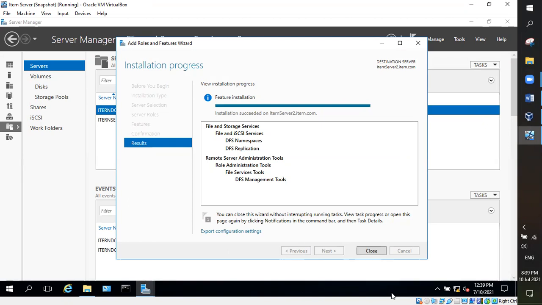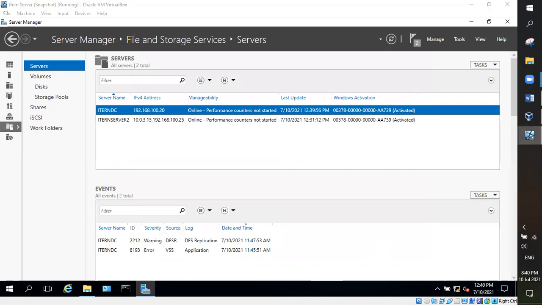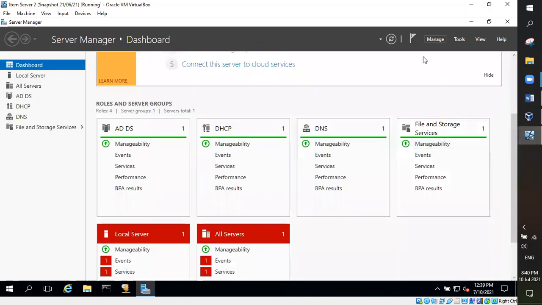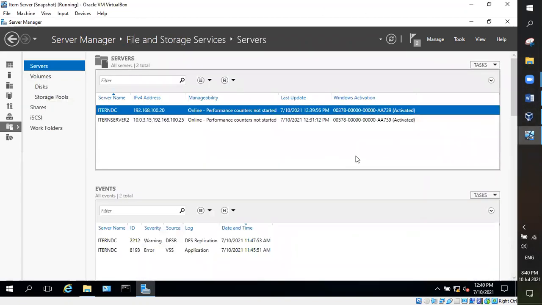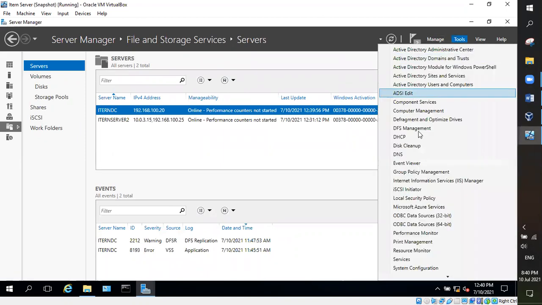So now that we have configured DFS on the two servers, let us go ahead. We say close. What you can do here is come and refresh this server. So can we begin now? Let's begin. From tools, we come to